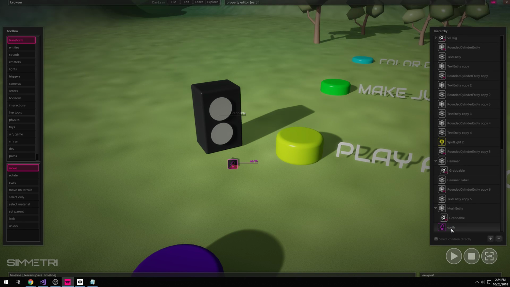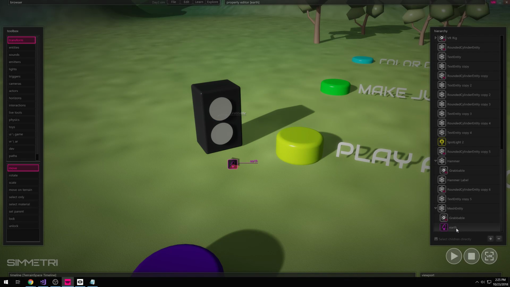As an example, I'm going to grab the Earth, the letters Earth right here in the hierarchy, and I'm just going to click and drag with my left mouse button on top, drag it onto mesh entity. You'll see that pink box saying, oh, you want to be a child of this and be here, and now it is. See, when I collapse this down,